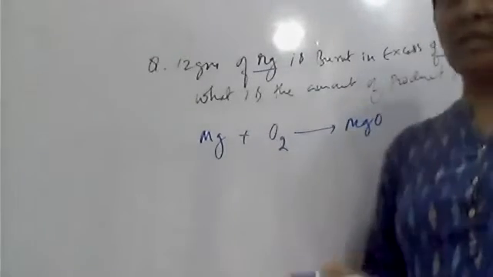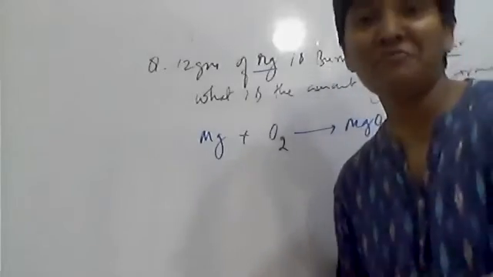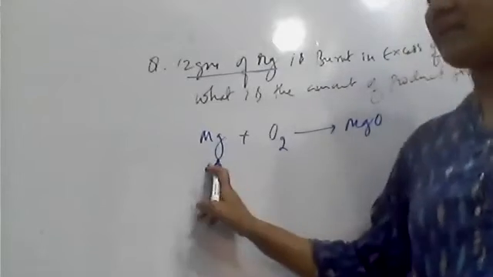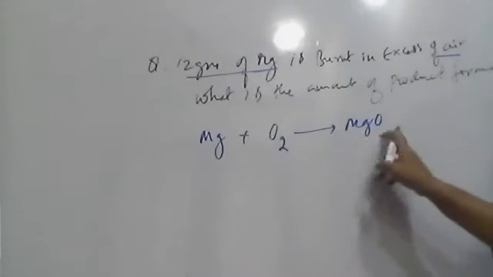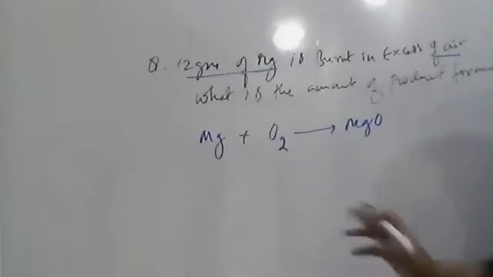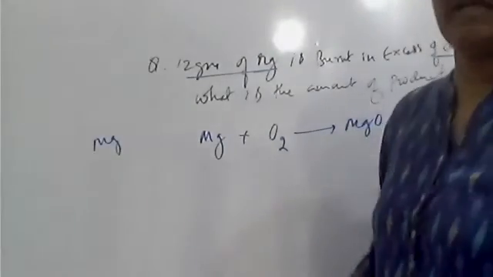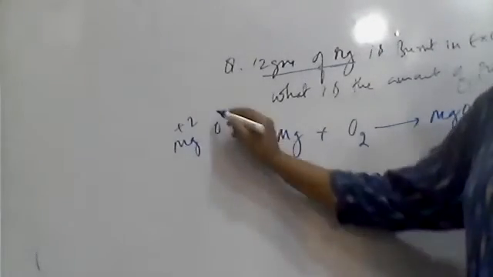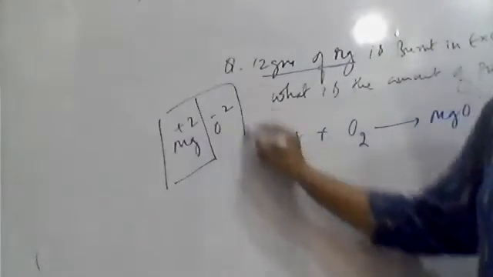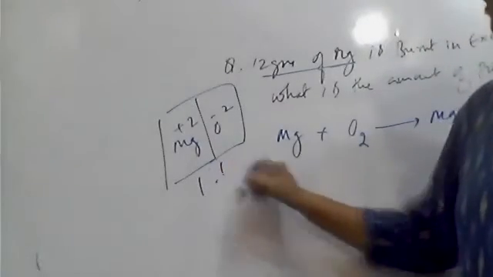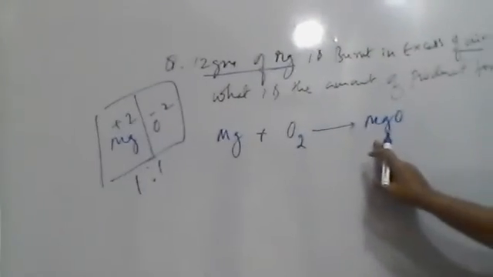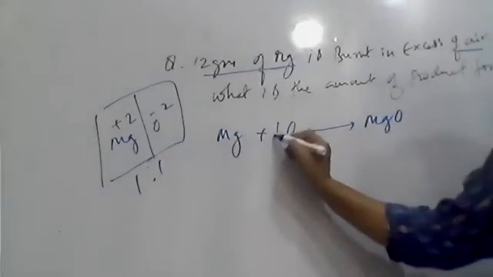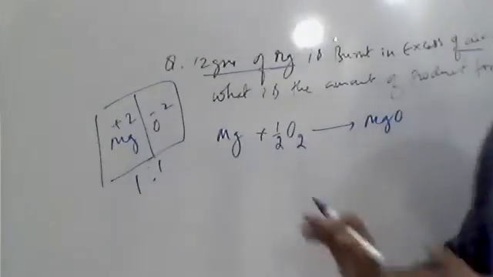Now I told you that you have to write the equation for 1 mole of reactant. Magnesium is asked, so one atom is 1 mole. Then the product is MgO. Remember, magnesium is second group, definitely forms +2, and oxygen is sixth group, definitely forms -2. The ratio of magnesium and oxygen is 1:1, therefore the product is MgO. You have to balance the equation with respect to oxygen. 1 oxygen atom is required, therefore half. Now it is a balanced equation.